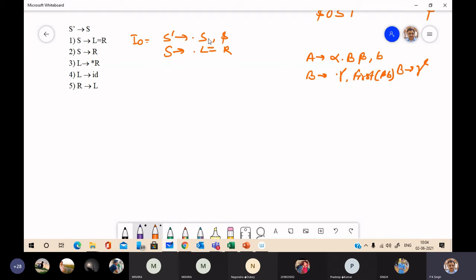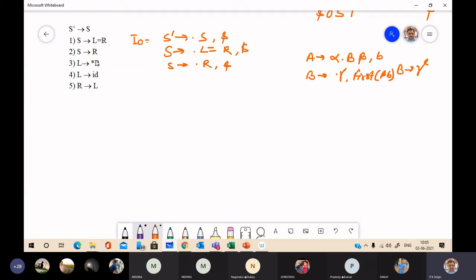So in this case, beta is epsilon, empty string, so $ will be the lookahead symbol here. S to dot R, again $ lookahead symbol.